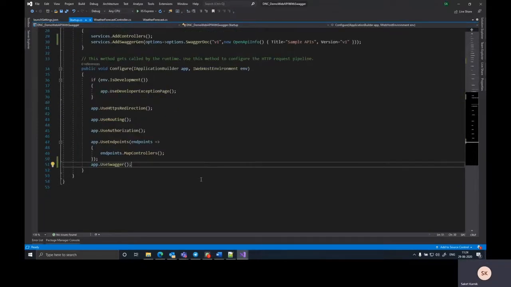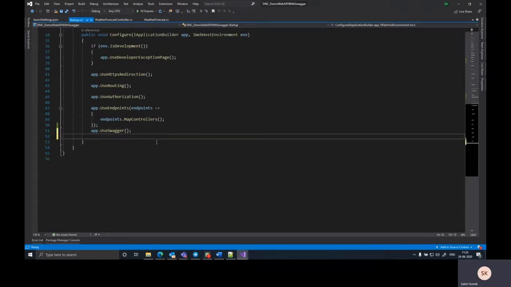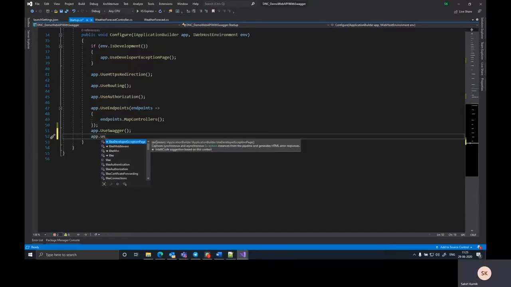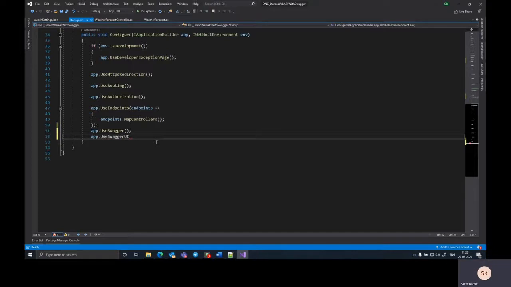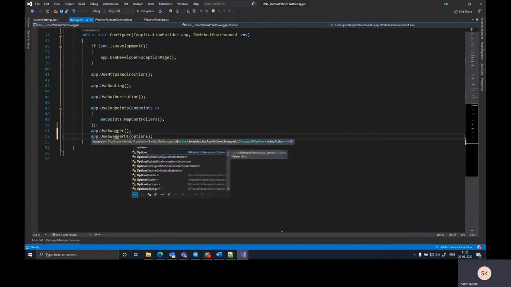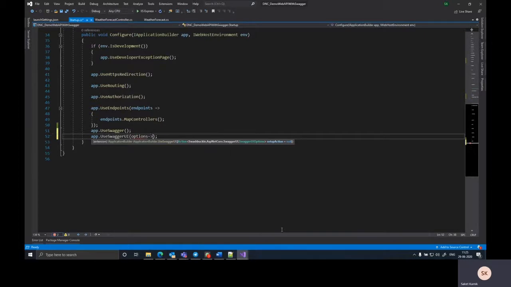We'll go to the Startup.cs file, where I'll be adding one more middleware component that looks like app.UseSwaggerUI. This is an extension to the previous middleware that we have added. Without the previous middleware, Swagger UI is not going to work for us. Swagger UI also takes in an action delegate, which takes a parameter of type SwaggerUIOptions. And I'll make use of a lambda expression where the parameter options goes in,